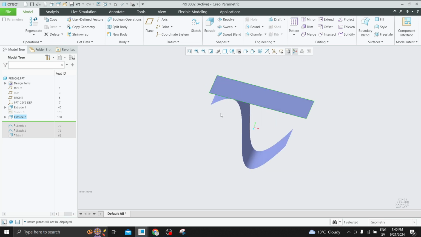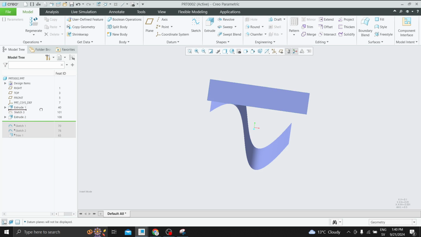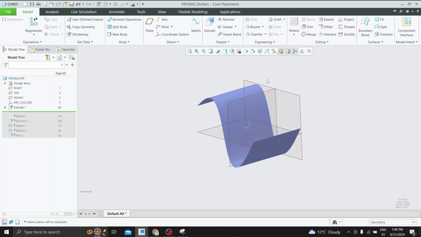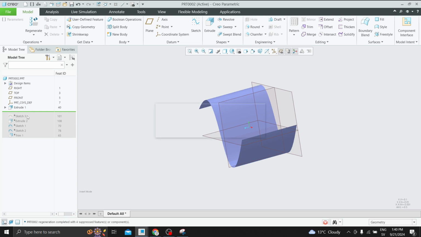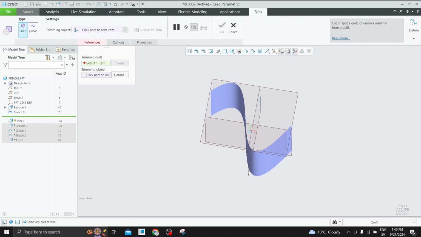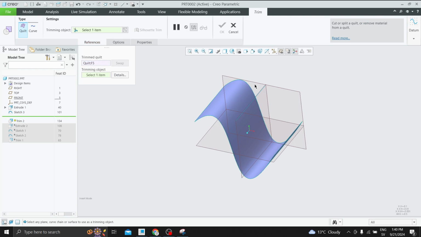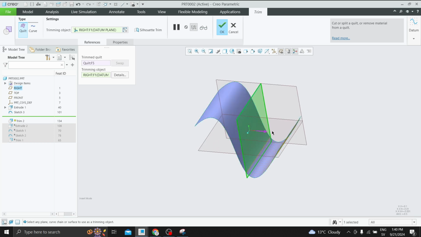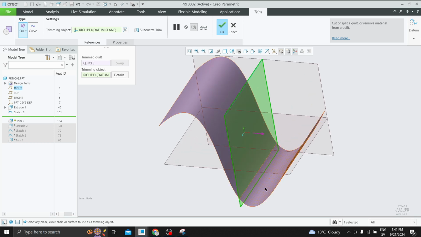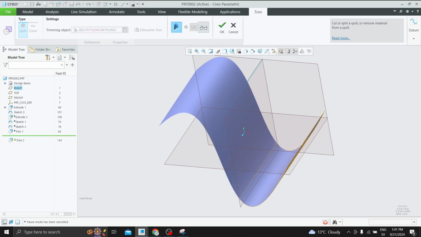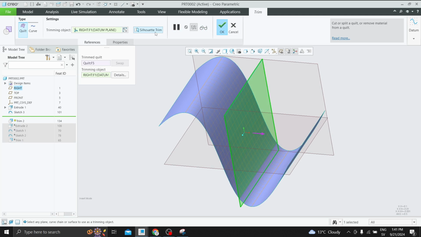Okay. If I was to trim, let me just go back now and let me show my planes. If I was to trim this surface using this plane, I can say trim what? This surface using this plane. If you don't select anything, where the surface plane intersects the surface, that's where the trim happens. You can see here like that. But when you select silhouette, if I go back to the